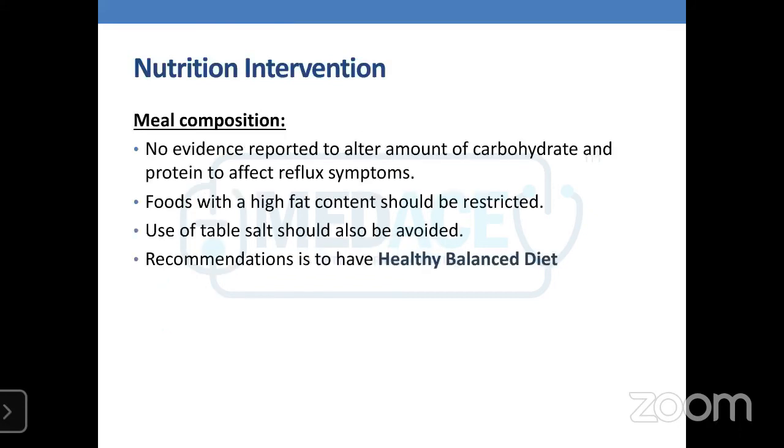Then meal composition: there is no evidence reported that altering the amount of carbohydrate or protein affects reflux symptoms. So these should be calculated, or planned, as per the requirement of that person to meet the body's needs. Then foods with a high fat content should be restricted, and these foods include fried foods and फैटी